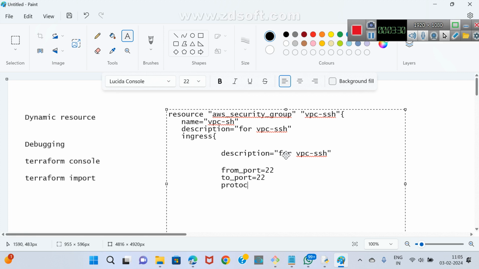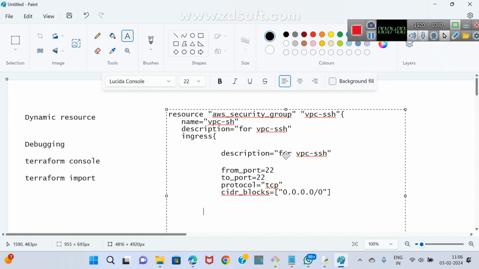Protocol is TCP. Then can you tell another one? cidr_blocks is equal to 0.0.0.0/0. This is the common procedure we need to follow for ingress.